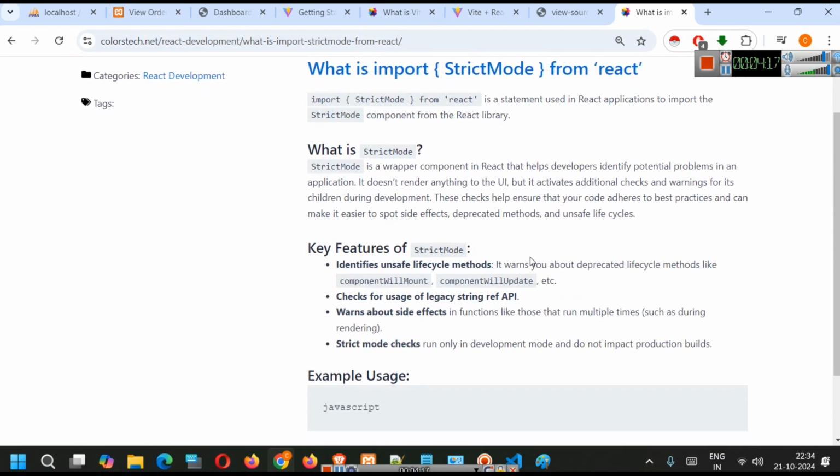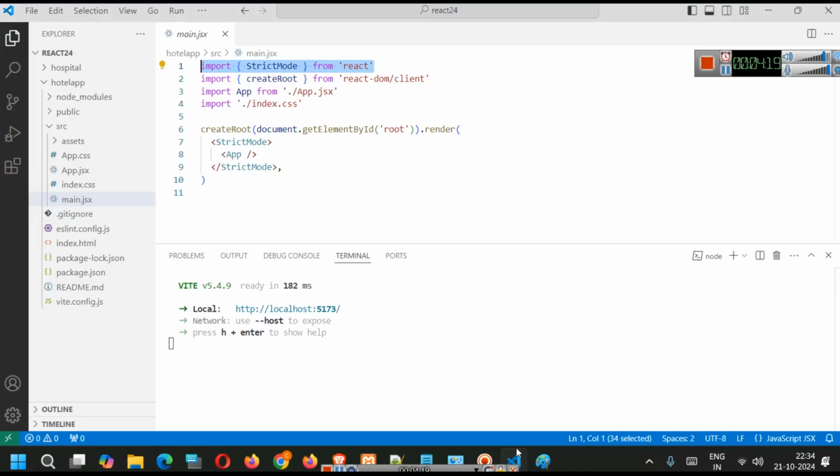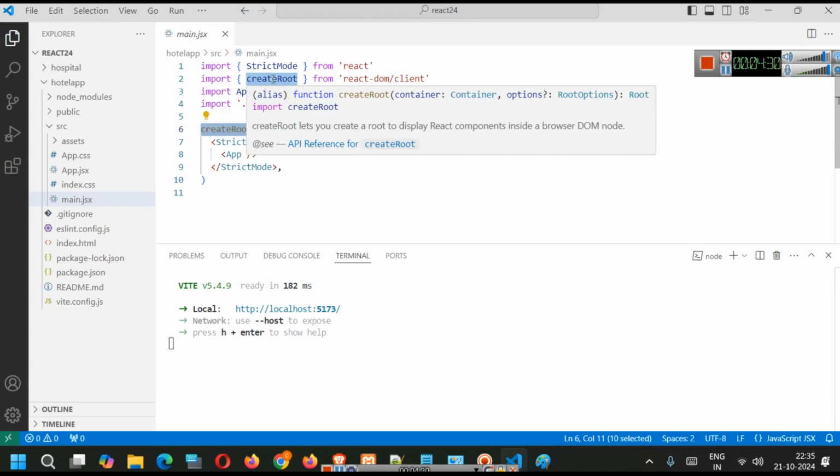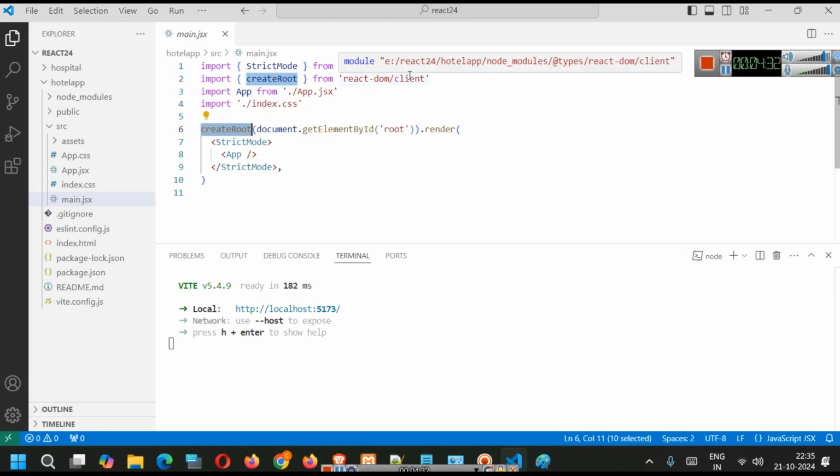Okay, example usage is already there, you can see. So these things are there. What you have to understand here is it is using createRoot, which is also imported from react-dom/client. Okay, so createRoot(document.getElementById('root')).render. So it is going to get an element by id root, and if you open your